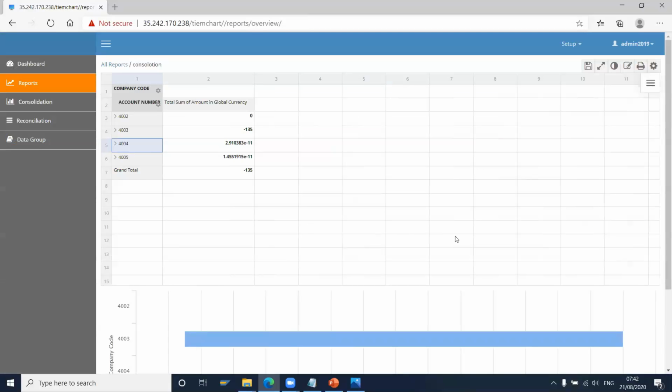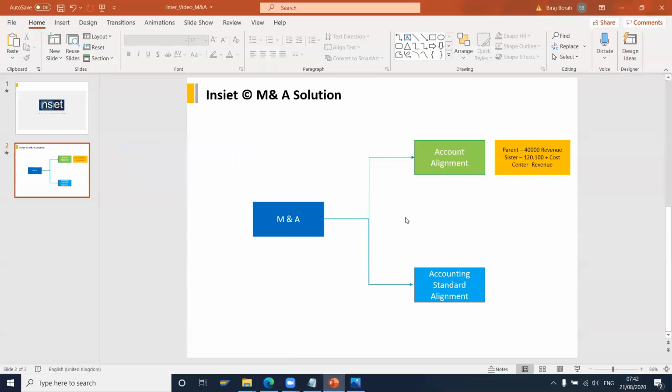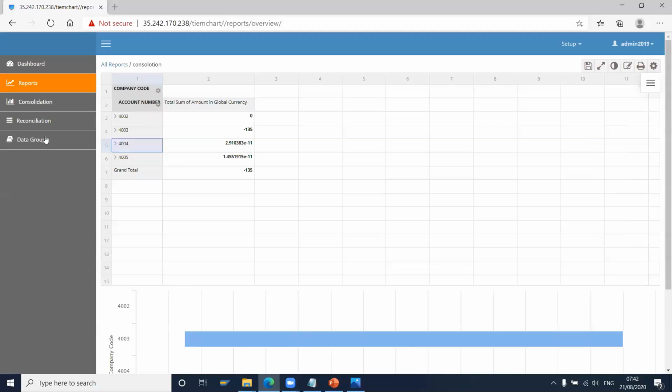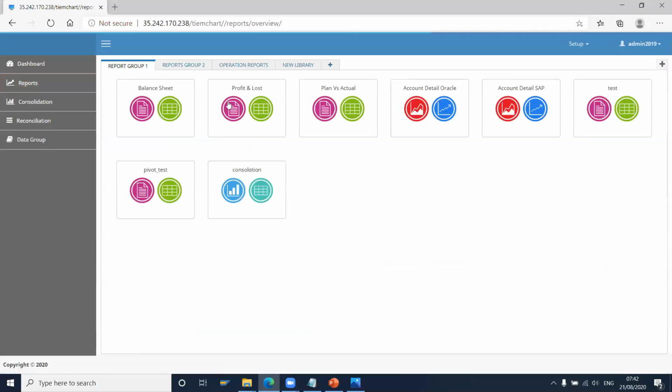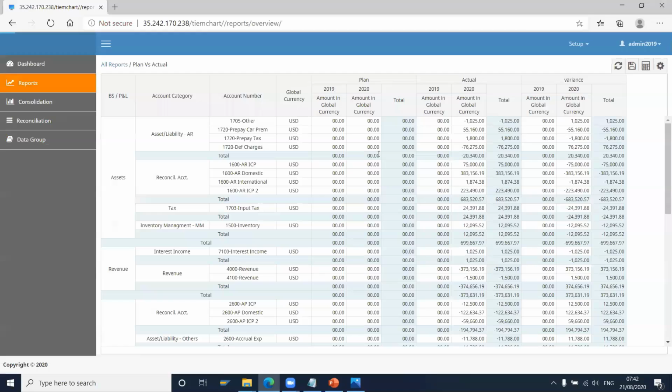Right. So in a way, we are not just aligning the accounts in M&As, but we are also presenting the reports as the business may require, as per different accounting standards. So these are the options in our solution to help